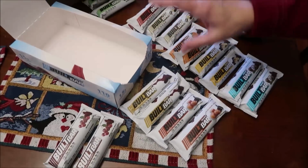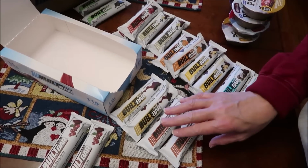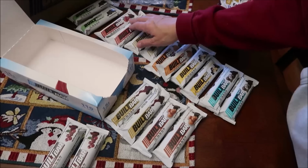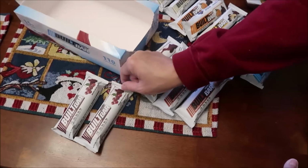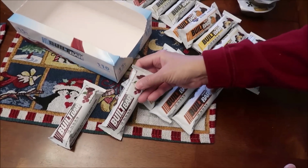So we have tried all these. We've tried the double chocolate mousse. We've tried the salted caramel chocolate. We had tried a strawberry before, and there's not a strawberry in here, but they did put a black cherry in here. So the only one out of these we'll actually be reviewing is the